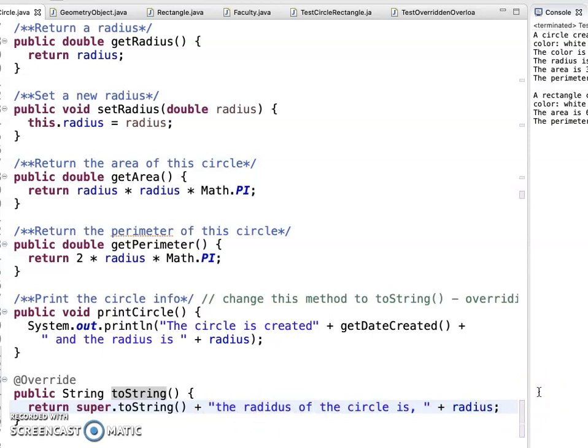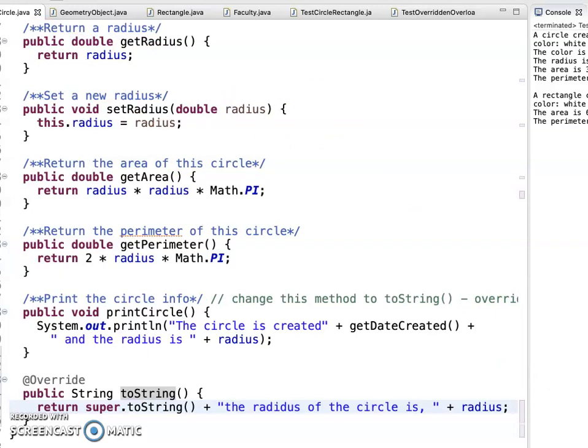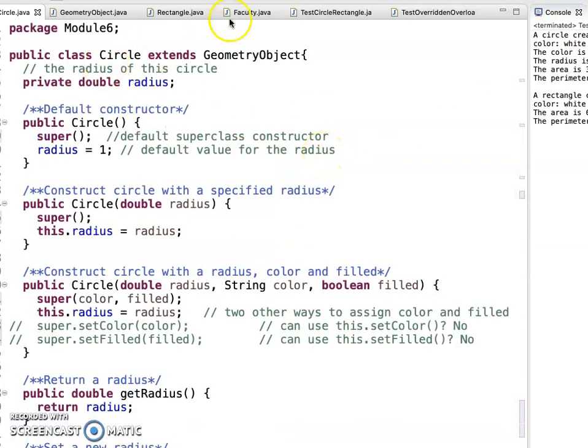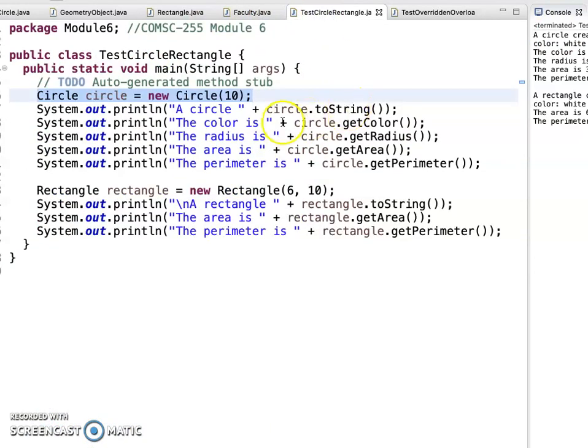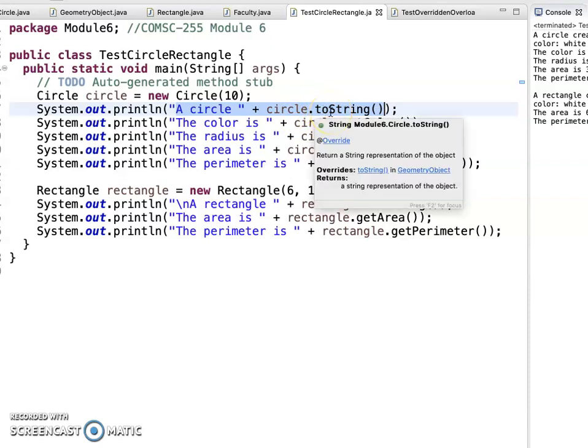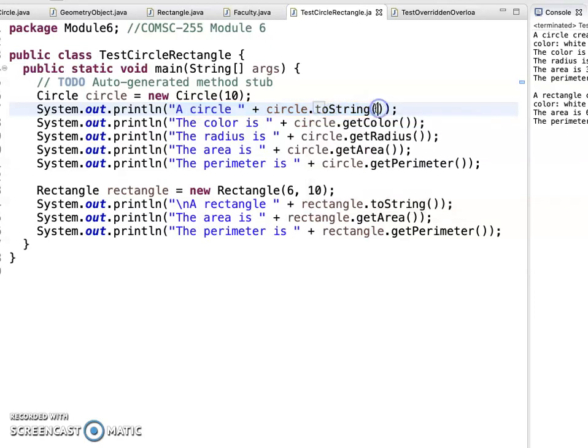So now if you make this change in your Circle.java file from our module 6, then if we call the test circle rectangle from earlier, our test driver again, you see we create a circle and we call toString, right? But before, we didn't have the toString method for the circle, so this toString method would be called from the superclass. But now, after we add the override toString method in the Circle class, if you run the program again,